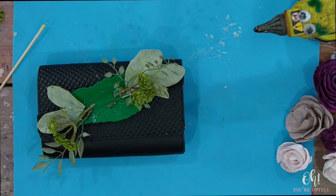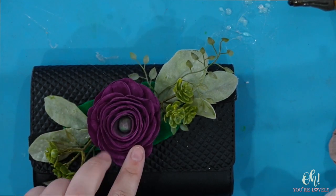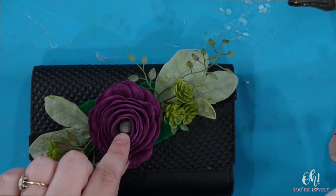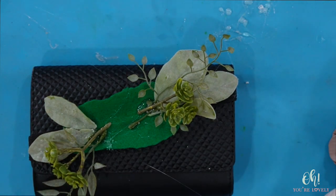Base of greenery is done. Now let's get to adding the flowers. Normally I don't start with the flower in the middle, but I'm gonna do that because I just need to work off of that one. So this could get very complicated or very simplistic. You don't have to use a ton of flowers if you don't want, and it's still gonna punch a beautiful,